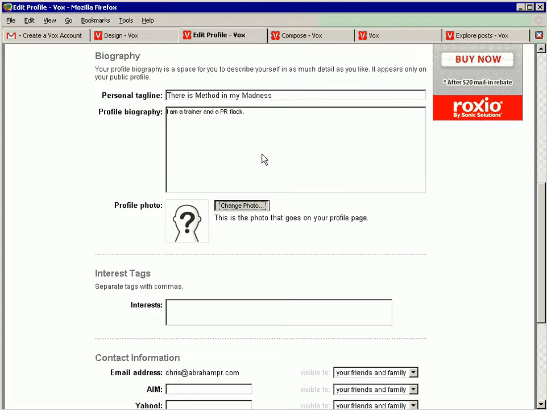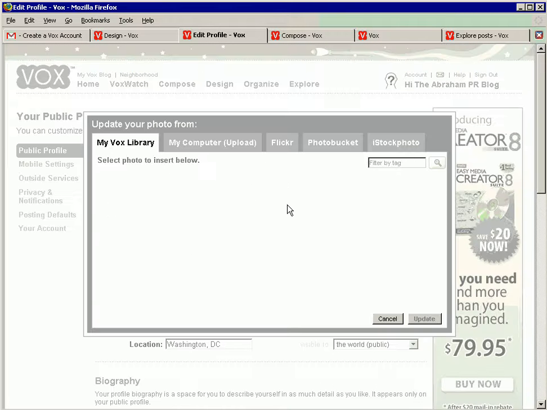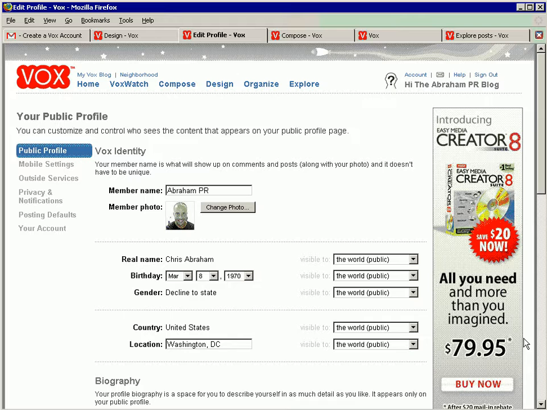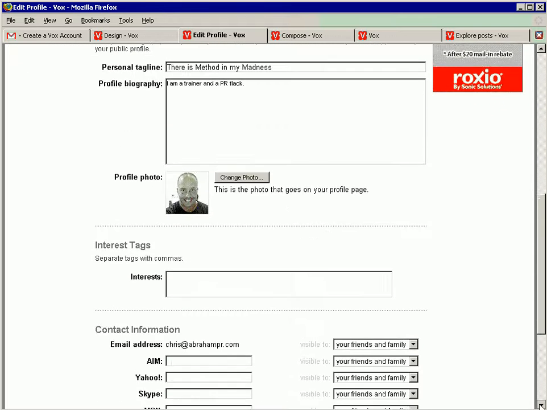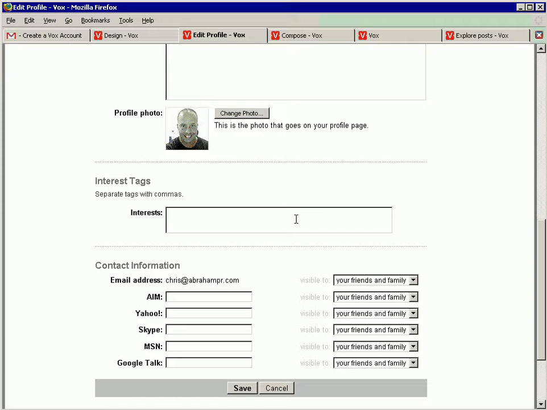But since I already have this now in my library, as I build my library, I can use that picture that's already in my library. And then I can insert tags that are in there by default, such as PR, public relations, training,